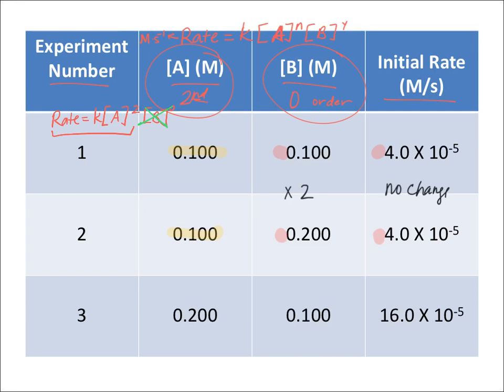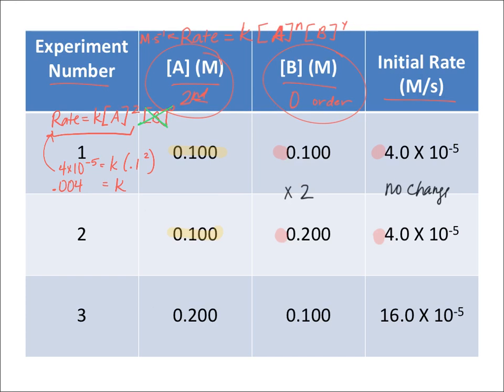If you were to then calculate the value for the rate constant, you could take any of the experiments and substitute in the values and solve in that way. So what I did is I took just experiment one's data, and I substituted it into this rate law that I came up with. So the rate was 4 times 10 to the negative fifth. The rate constant is k, and we're going to multiply that by 0.1 squared because that's the concentration of A in experiment 1, and we're squaring it. And again, concentration of B has nothing to do with the rate law. So when you solve for k, k ends up being